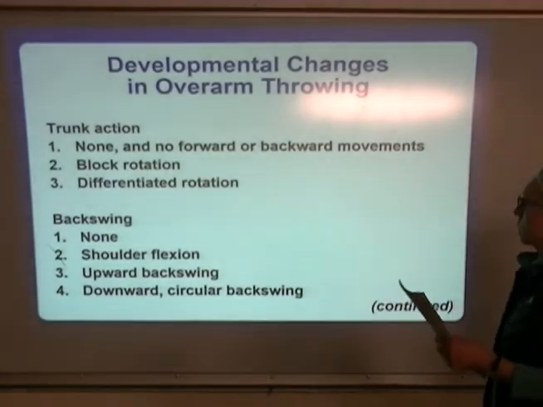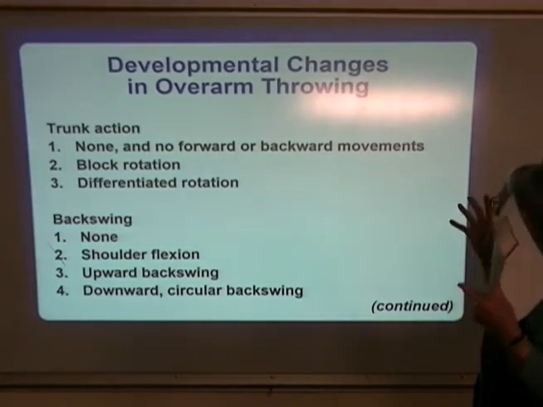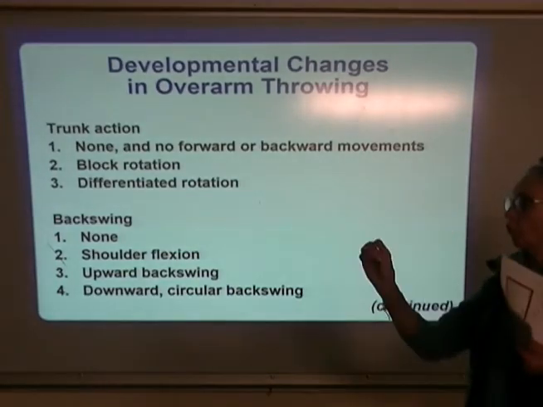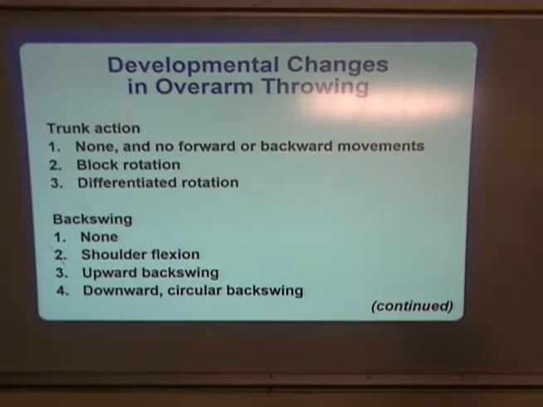All right. So our components for overarm throwing for force, right, are trunk action, all right, backswing, and some of these components are validated and some of them aren't,